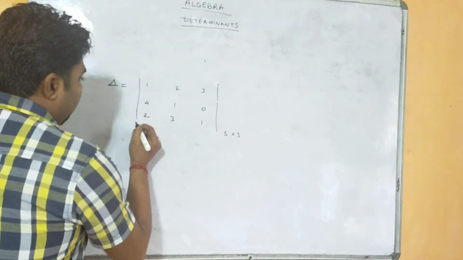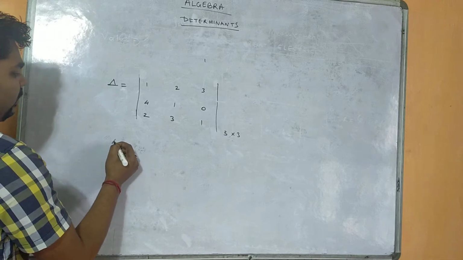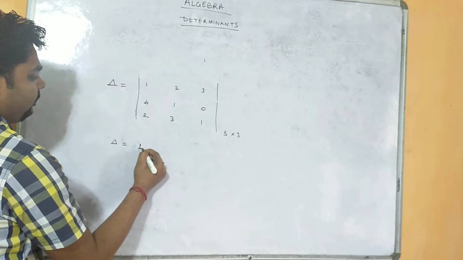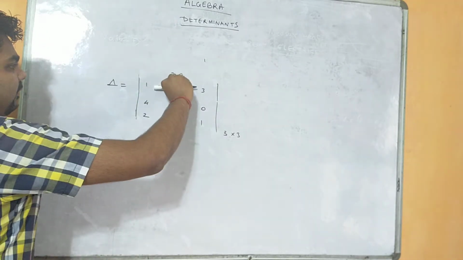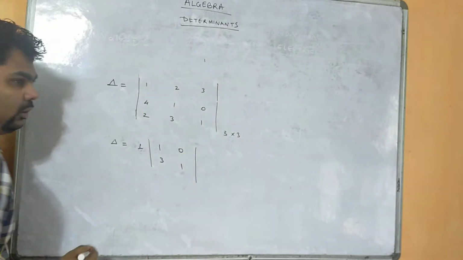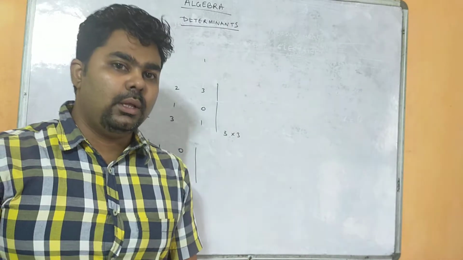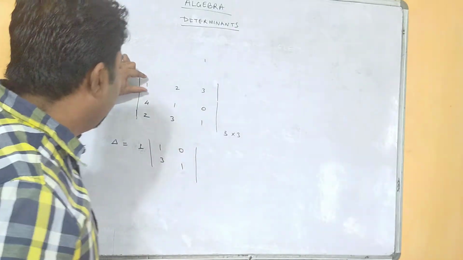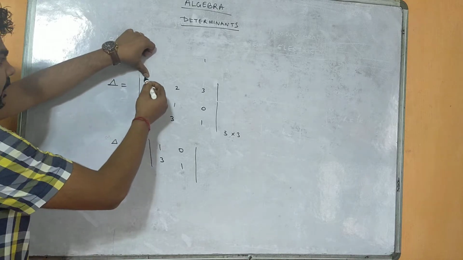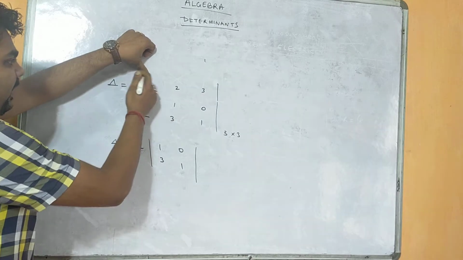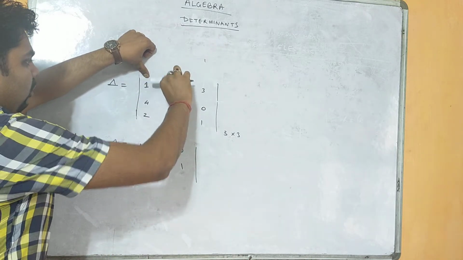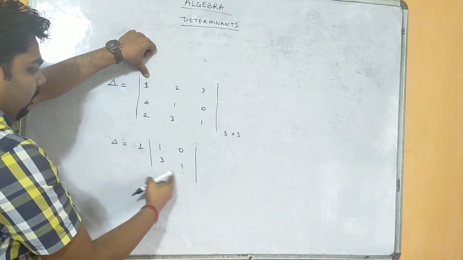Now we need to find the value of this determinant. So for del, we'll consider this first element as 1. Now you hide this row and this column. Then we get 1, 0, 3, 1. So what we are getting here is the minor of A. If I consider this position as 1, what will be the minor of 1? When I say minor of 1, you hide its row and its column, and what we get is 1, 0, 3, 1.